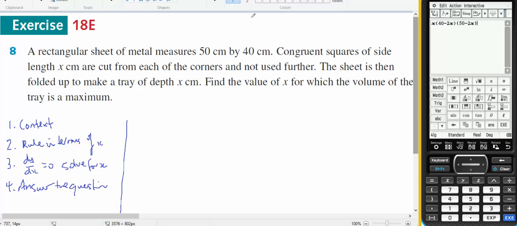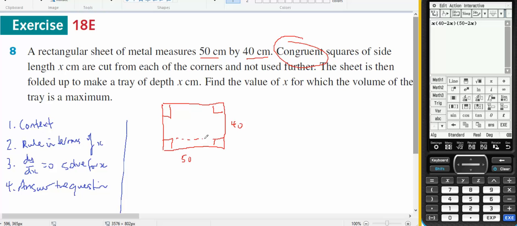So if that is the situation, I've got to understand the context. A rectangular sheet of metal measuring 50 centimeters by 40 centimeters. So I've got a rectangle. It's 50 by 40. Congruent squares of side length x. Congruent means identically the same. Is cut out of the corners,